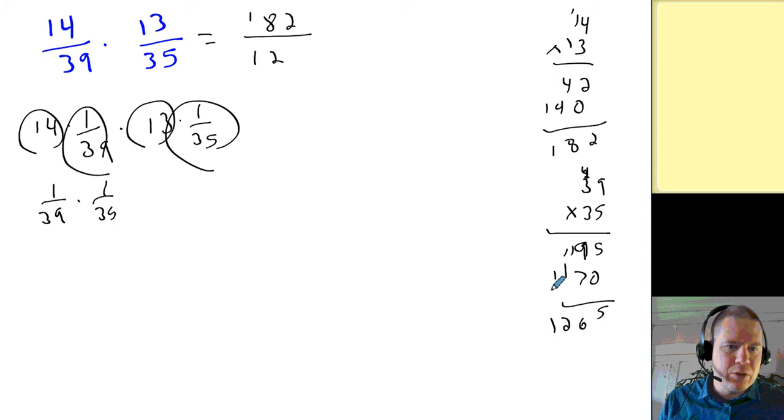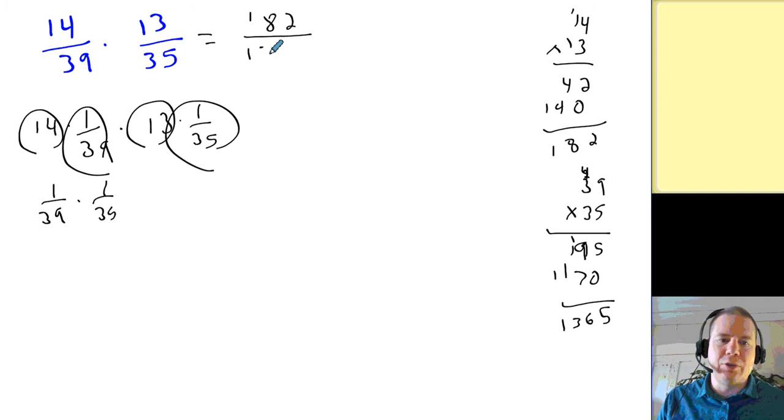Wait, okay, that's one problem with writing so small. 5 plus 0 is 5. 9 plus 7 is 16. 1 plus 1 plus 1, there's a 3. 1365. Okay, maybe some of you caught that first mistake. Okay, 182 over 1365